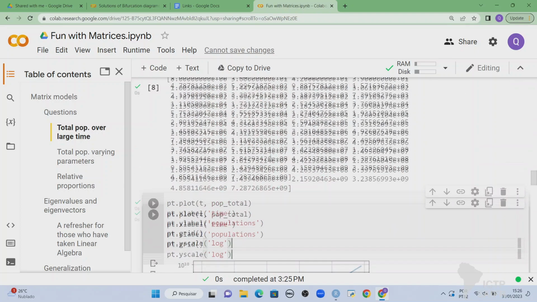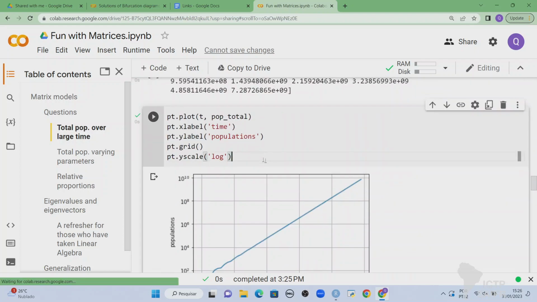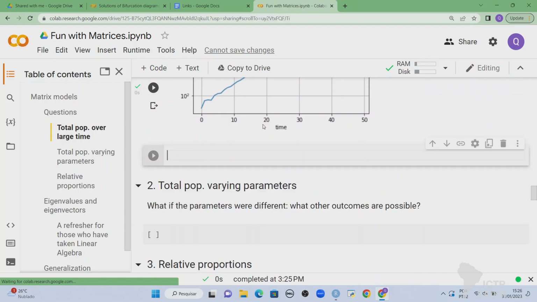We could also try, you see here the total populations, we could also ask, what is the growth rate? How do I measure the growth rate? You can divide the population at one time step by the population at the previous time step. So I'll take pop total here, and I'm going to do a bit of a trick here. I want each pop total to be divided by the pop total in the previous time step. So what do